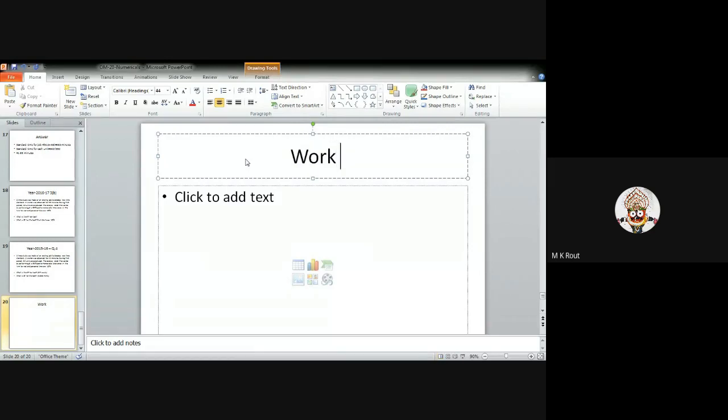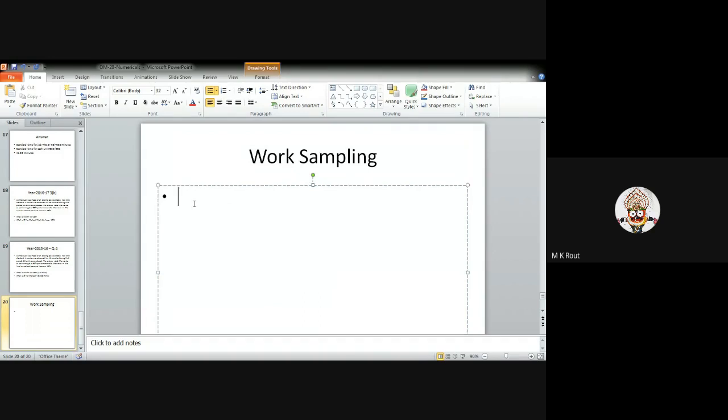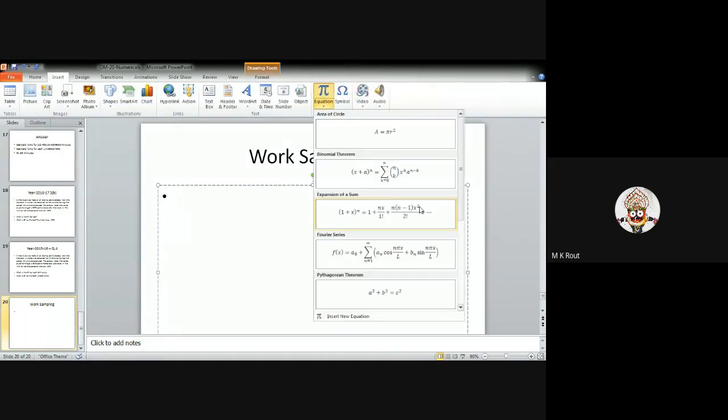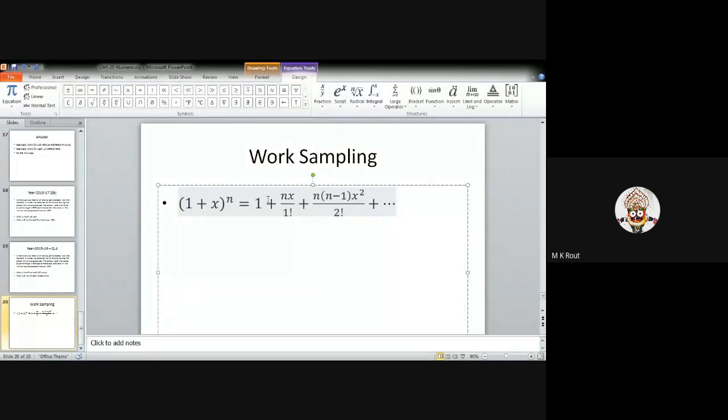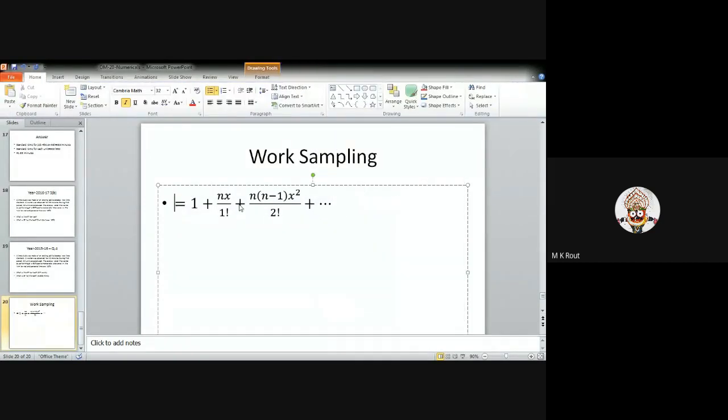This is for work sampling. And here, the formula for work sampling, I will write the formula. So this is x by